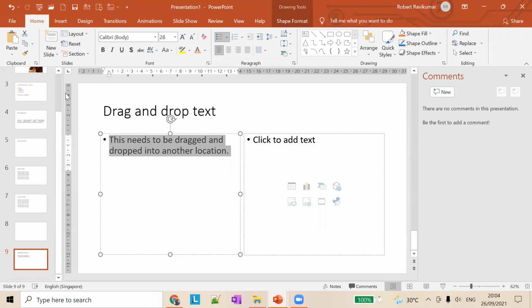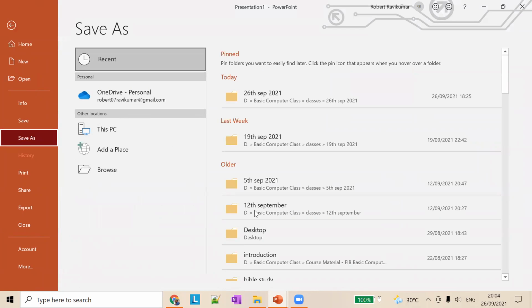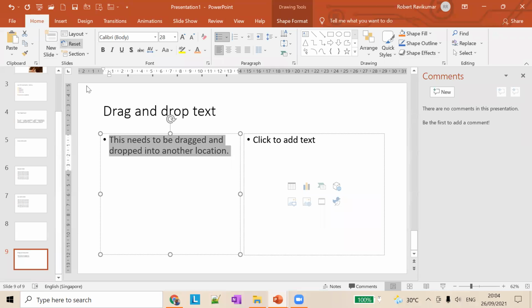So you have to make 2 or 3 clicks to reach the save menu, right? So you have to click on file, then you have to save it, and then you have to enter something here. Okay. So instead of making 2 or 3 clicks to access the save command quicker, we have added the save command to the quick access toolbar.